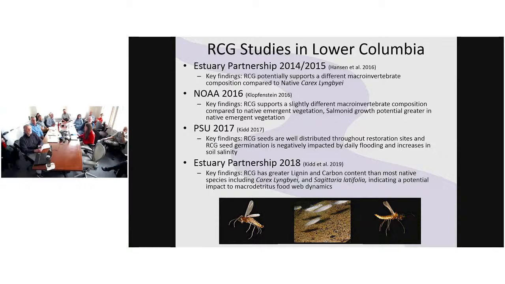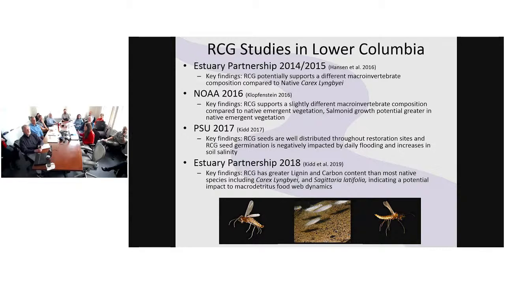And so some other studies, and this is not an exhaustive list, but this is just some things I wanted to highlight. Studies showing reed canary grass impacts in the Lower Columbia River. The Estuary Partnership led a reed canary grass study in 2014 and 2015. One of the key findings out of that study, which compared reed canary grass and Carex lyngbyei plant communities, was that reed canary grass potentially supports different macroinvertebrate compositions than native plant communities, and that this may impact macroinvertebrates. That wasn't